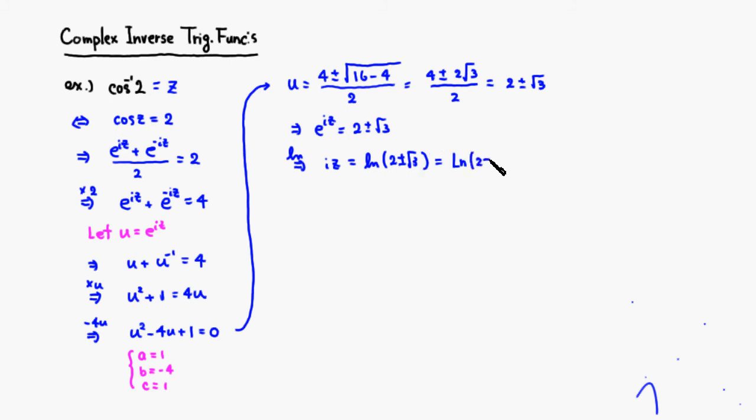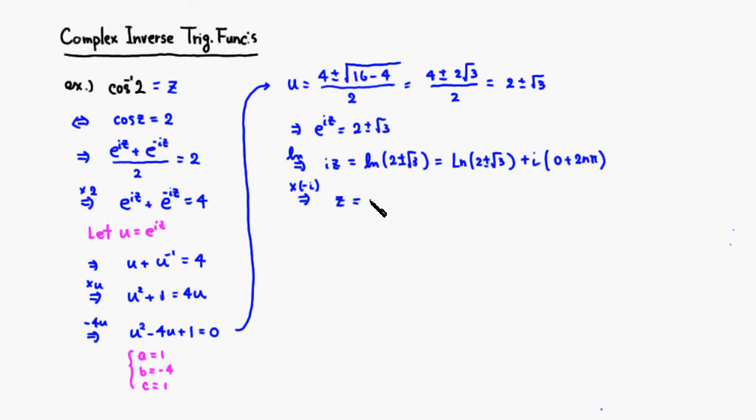So you have the natural log of 2 plus or minus square root of 3, plus i times the angle. The angle, in this case, since it's a positive real number, is going to be 0 plus any multiple of 2 pi. Before that, we have to isolate z, so we multiply by negative i. Negative i and i cancel out because it gives you 1. So you have z is equal to, which is exactly what we were looking for,